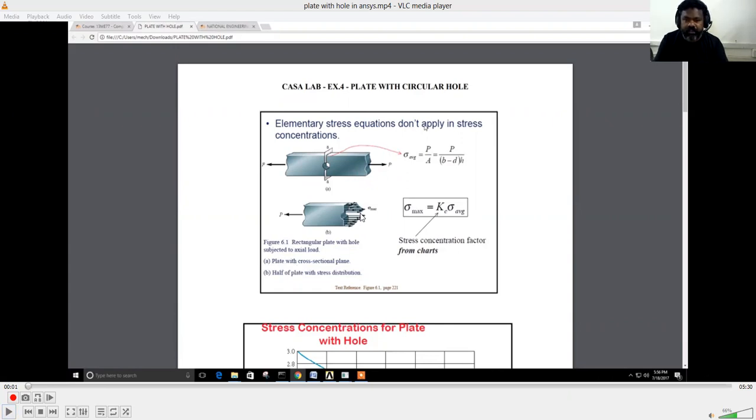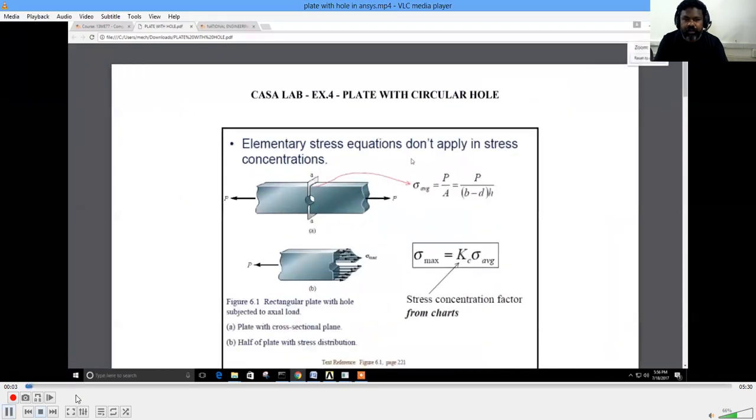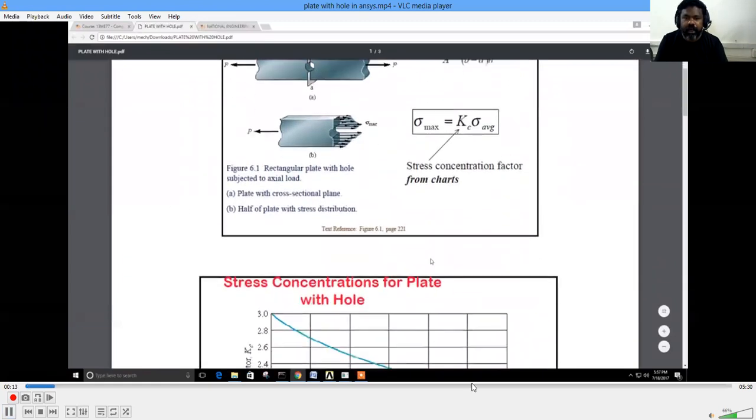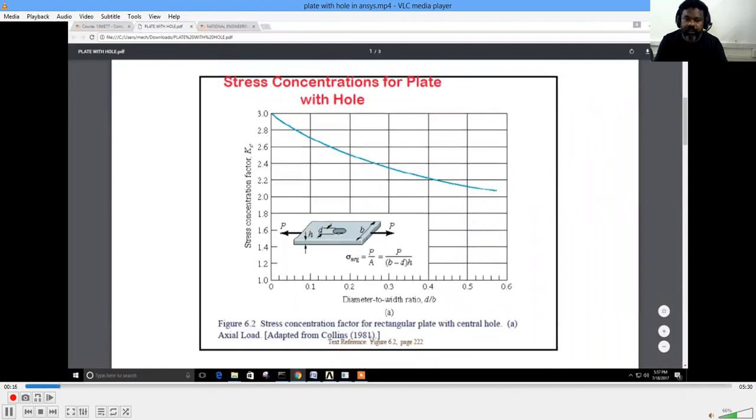So this is the beam. This one we have already discussed. The average stress is P by A, where P is the load, and A is (breadth minus D) times the thickness. It will give you the average stress and maximum stress. This formula and this picture of the stress concentration factor I also showed in today's class.